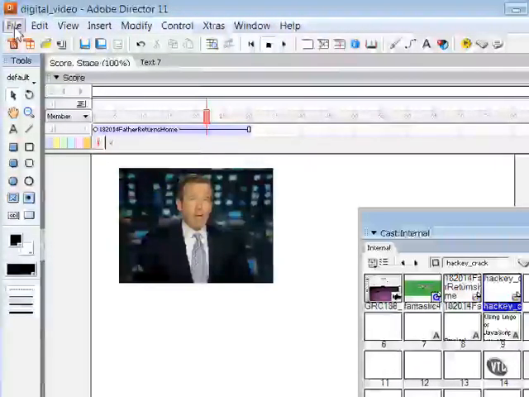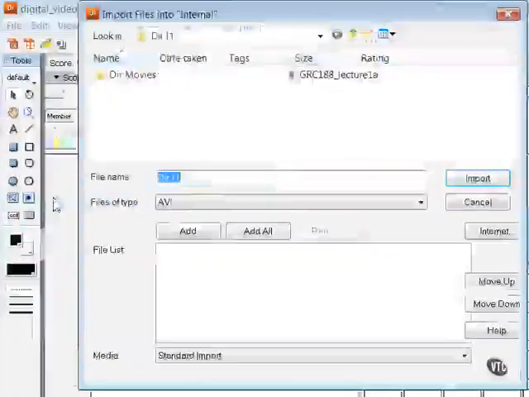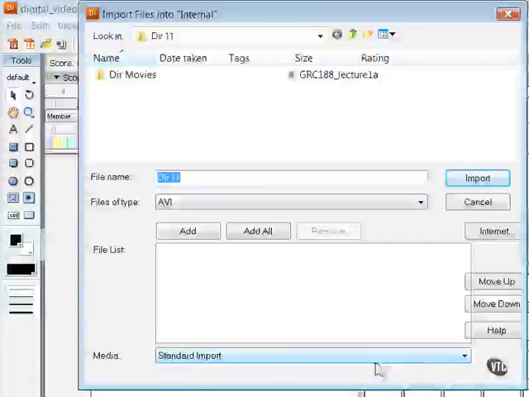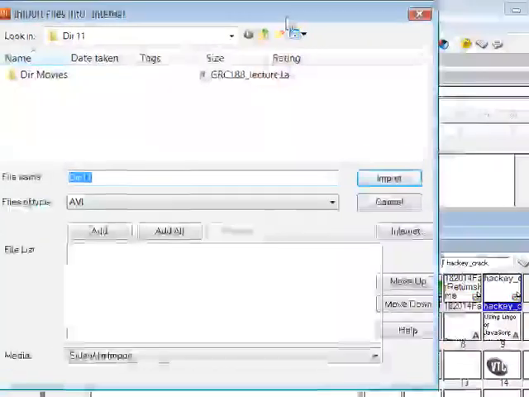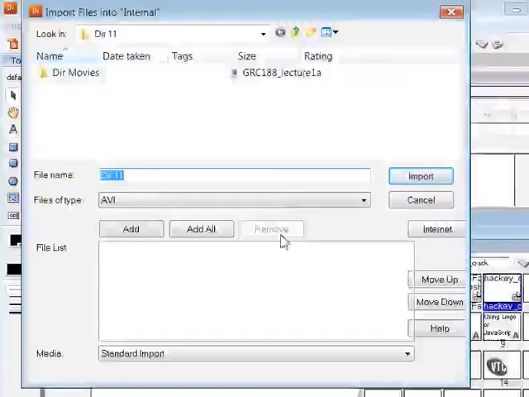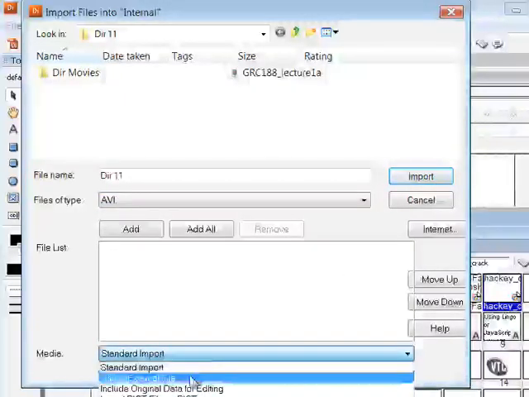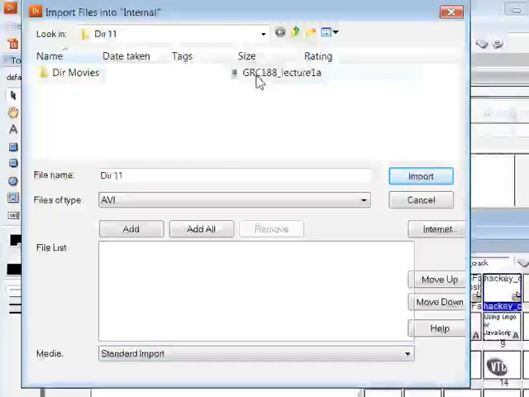Now this is also the case even if you import using the standard import method, which for all other types of media files that you're working with in Director will import the entire file to the cast window, incorporating it into the Director file itself, so you don't have to worry about it anymore. But this is not the case with imported video. Again, even if you use the standard import versus the link to external file, it treats it as an external file. Notice that if I bring in this lecture as a standard import,